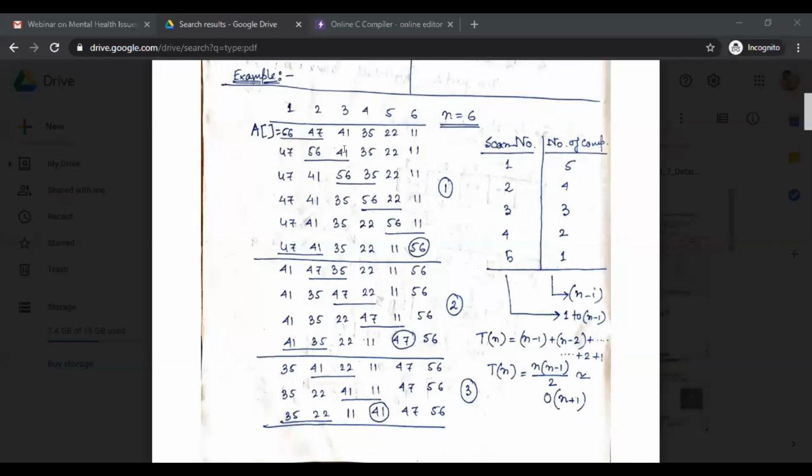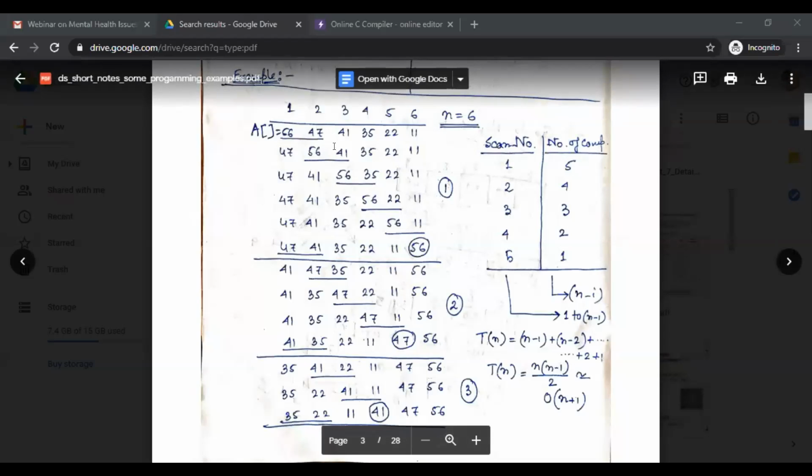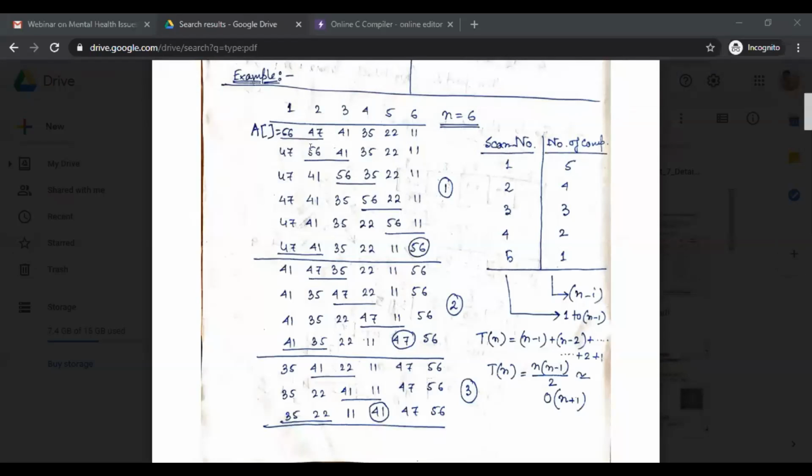That's why they will interchange with each other. See, 56 moves to the 41 place and 41 moves to the 56 place. The remaining elements of my array are the same, 35, 22 and 11. So my loop is done. Next, when I is incremented, the I value is now 2.